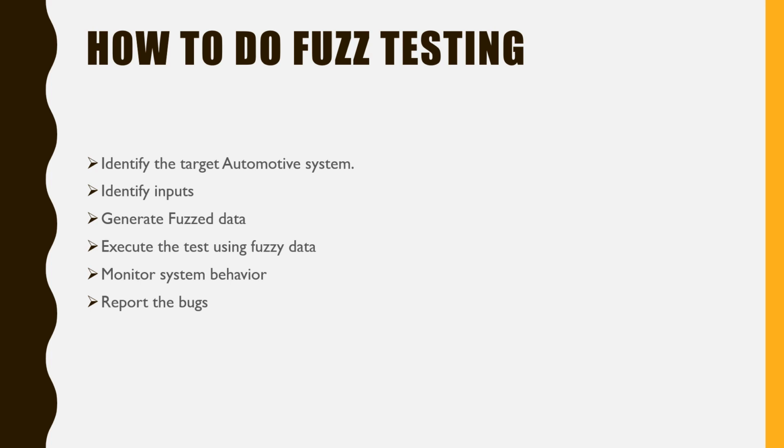So how do you do fuzz testing? It involves the following steps. First, identify the target automotive system. We need to identify what we are testing, which part of the automotive system we are taking, and that is our asset. And we need to identify the inputs, like what kind of inputs it needs. For example, it needs a numerical input, but you might provide alphanumeric or alphabetical input,